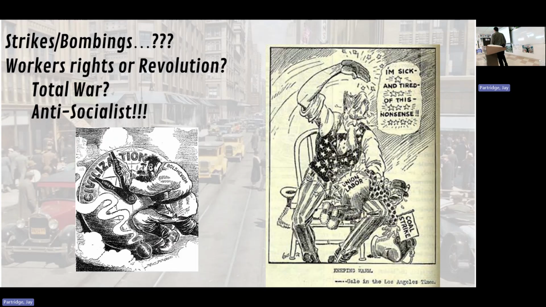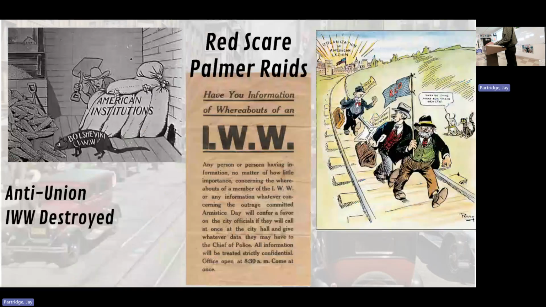And socialists were opposed to the war. They became enemies during World War I. They must still be the enemies. And this will trigger the first Red Scare. It will also be called the Palmer Raids. But actually, there weren't very many anarchists. There weren't very many socialists. So they went after labor unions.